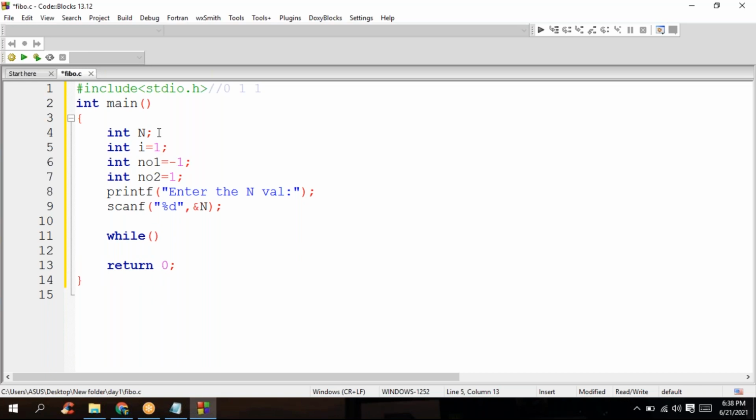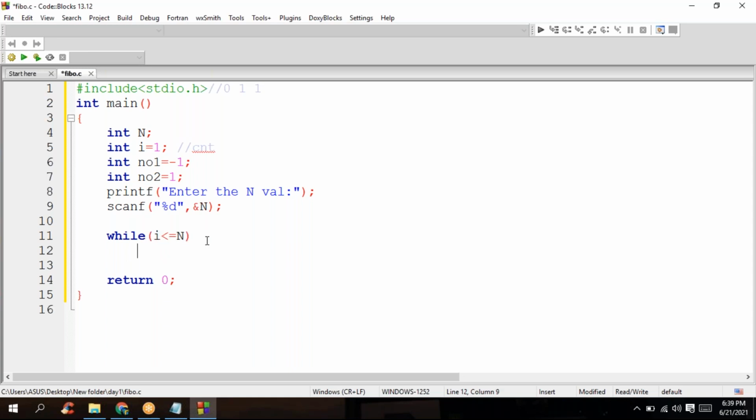The reason is I'm going to use it for counting purposes. So how many numbers have been generated? I'm going to make use of this particular i for my counting. So that's the reason I'm keeping it as 1. Here, I'm going to iterate this loop until my i value is less than or equal to n. So what did I say? I'm going to generate the series starting from 1 to n numbers. So this is done. Okay.